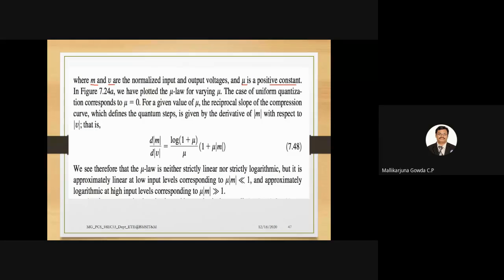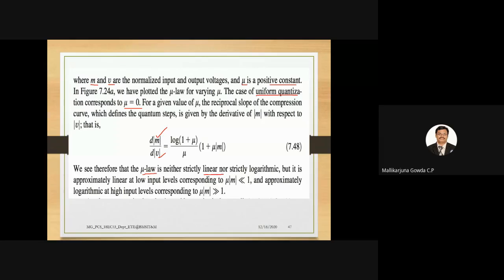I will come back to that figure, how it is plotted, for different values of mu. For a uniform quantizer, the value of mu will be 0. So the derivative, that is dV by dm, where m is my input signal and V is my output signal, will give you log of 1 plus mu divided by mu into 1 plus mu into mod m. So here the mu law will be